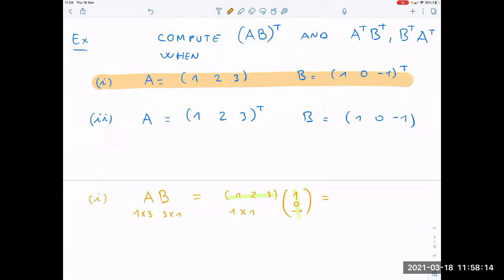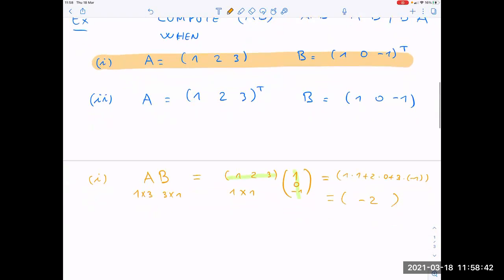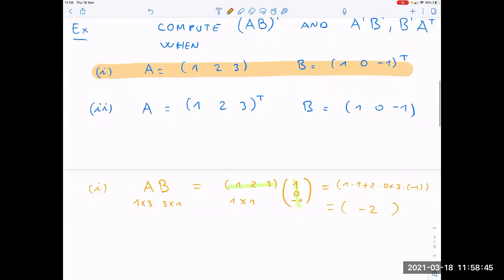Exactly. And so what is the answer? It is going to be 1 times 1 plus 2 times 0 plus 3 times minus 1. And so we will get, between parentheses, because it is a matrix, 1 plus minus 3. So we'll get the number minus 2. Okay, so this is the computation we made here. Then what can we compute else? Can we compute